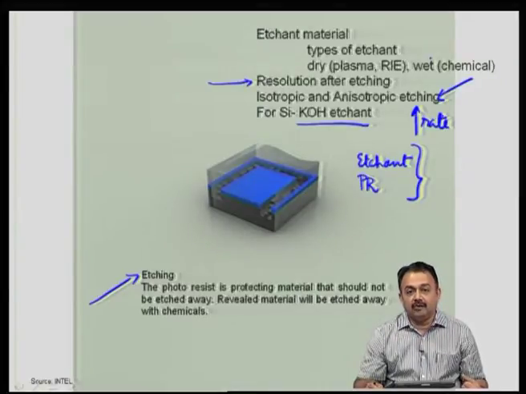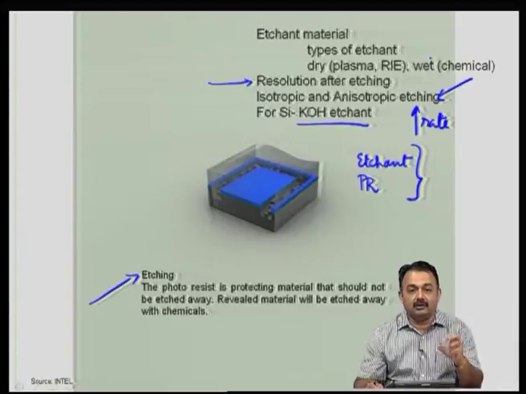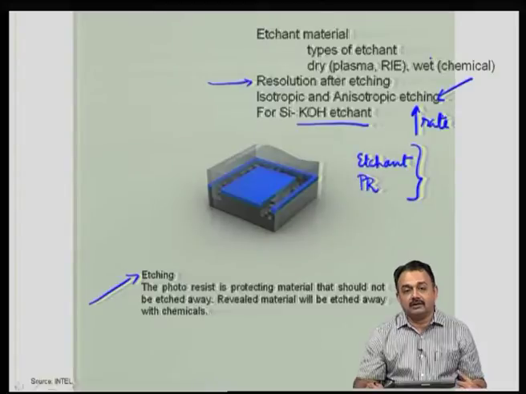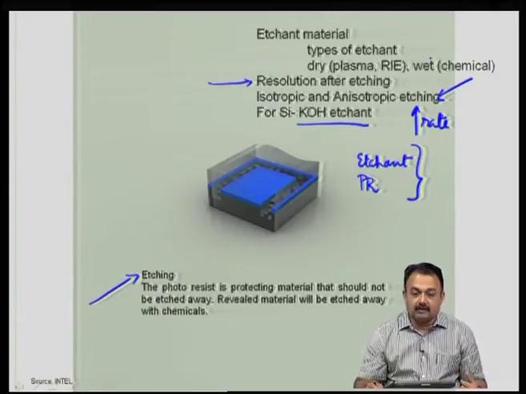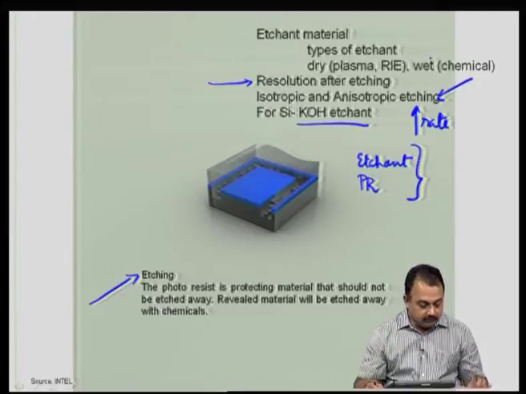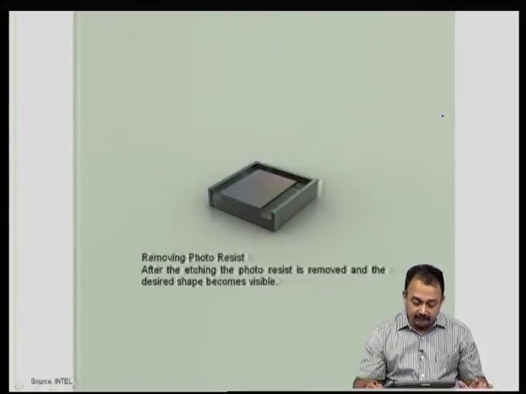Plasma etching involves reaction of, let us say, two different gases which produces some free radicals, and these free radicals will react with your substrate material, thereby removing it. Okay. So, in situ generated free radicals or ions will react with the surface, and that is known as plasma or reactive ion etching. So, etching is a very important step.